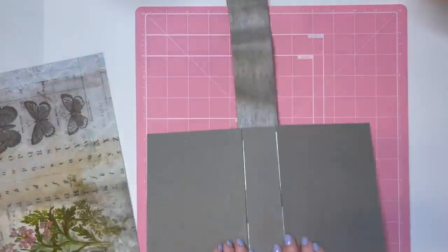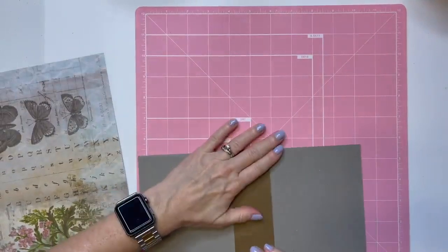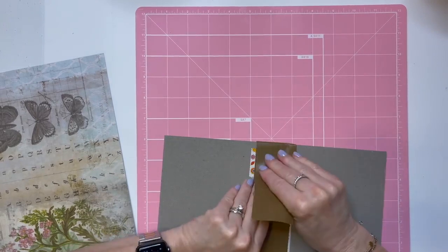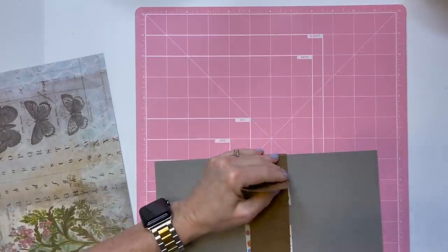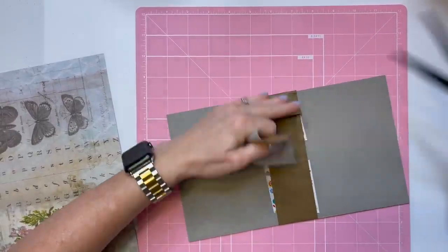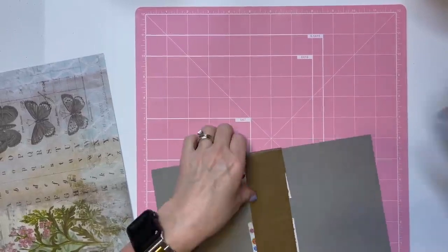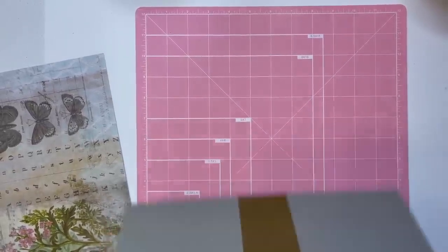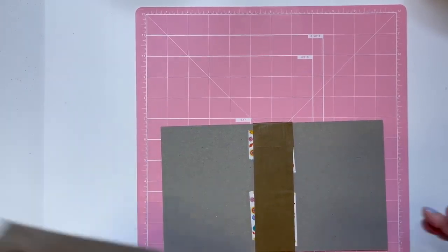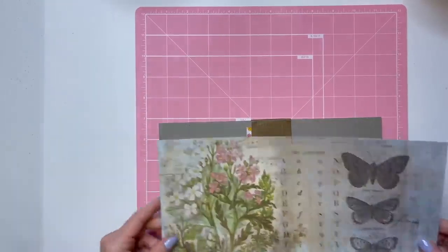Then I'm going to flip the book over. You can see there, it's just coming right down through there. And I'm going to flip it back over and then cut the excess off with a pair of scissors. Now, Teflon scissors would be great right here. I didn't have any, and I still don't, and I need to get some. So now what I want to do is make sure that that is well adhered to the